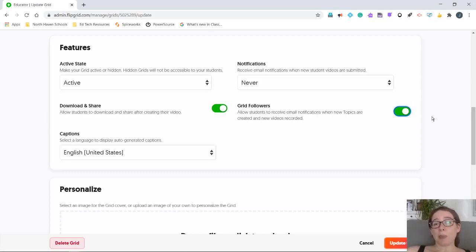It's just a nice backup. If a student claims they didn't know they had an assignment to do and you've posted it to Google Classroom and they got an email, they don't really have a reason to not know that there was an assignment at that point. So it's a nice little way to make sure that your students have the information